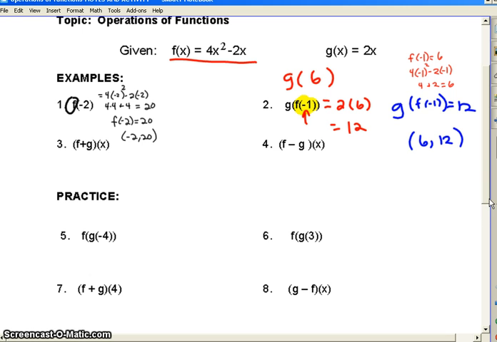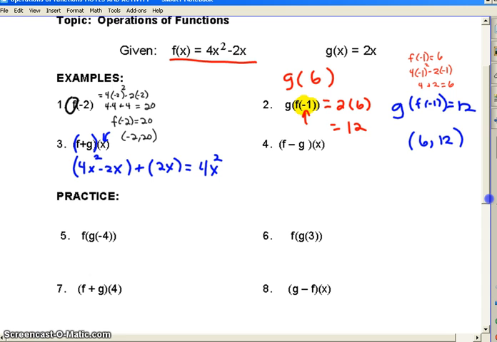Notice over here we have f plus g. So what has to happen is we have to add the two functions together. So we have 4x squared minus 2x, I'm going to put that in parentheses, plus the other function, which is 2x. And since we're not really evaluating it at an actual value, we're just going to combine like terms, and our answer is just going to be the expression. So add like terms. 4x squared, and then